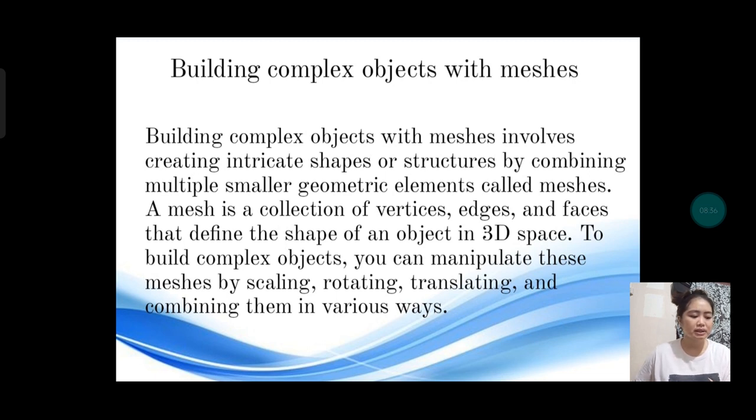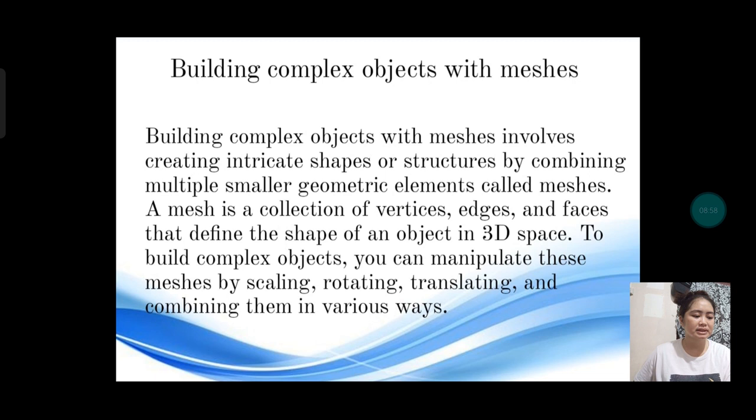The character models. Game developers often create character models using meshes. They start with basic shapes like cubes, cylinders, and spheres, then sculpt and refine them into detailed characters by adding and modifying meshes.